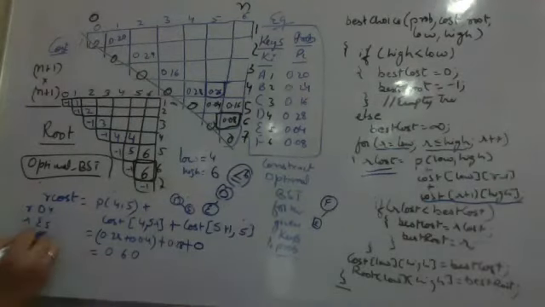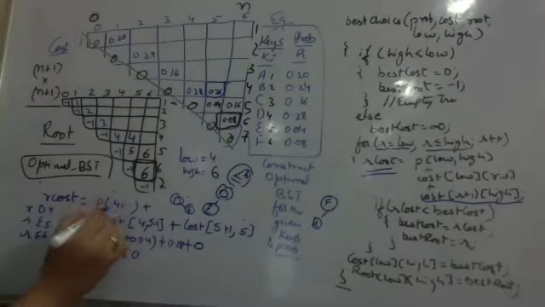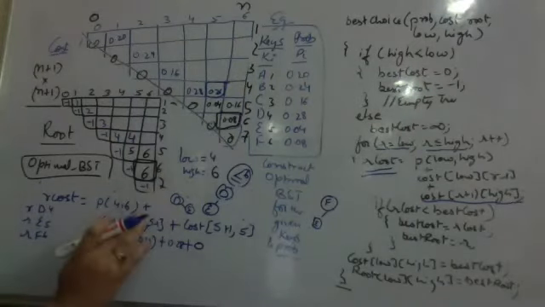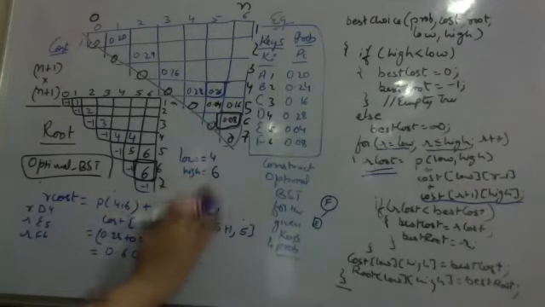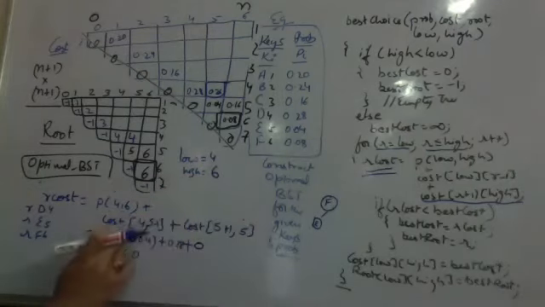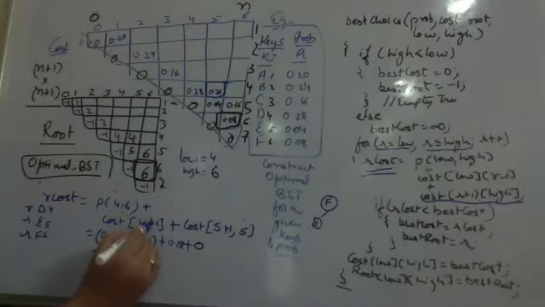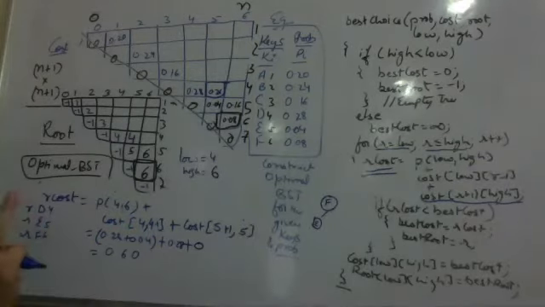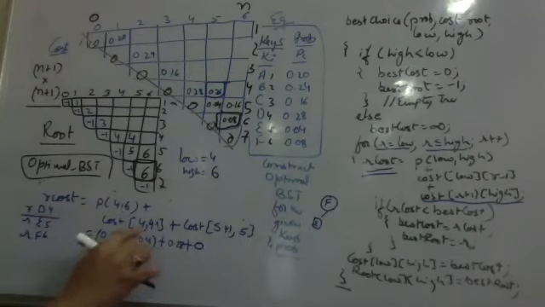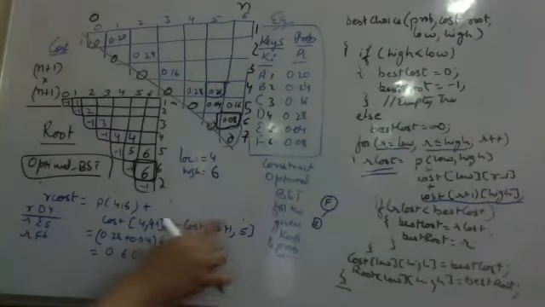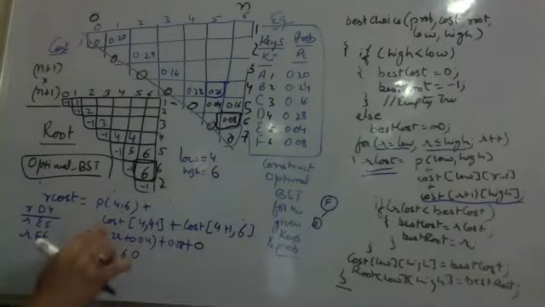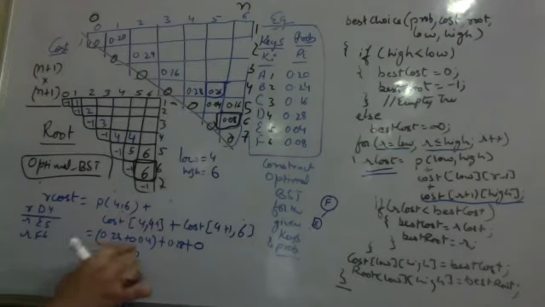This is 4, 5 and 6. Now you are calculating from 4 to 6. Low is 4, high is 6. Now I want to calculate the same cost here. The cost is 4 comma 6, root is initially 4. 4, 5, 6, three possible roots are there. I'm calculating for 4 initially. So this is cost of low comma root minus 1, plus root plus 1 comma high. High is 6 now. So the probability of 4 to 6 becomes probability of 4, probability of 5 plus probability of 6 also now.